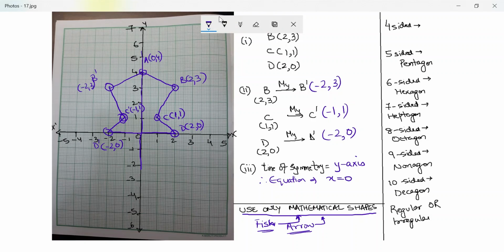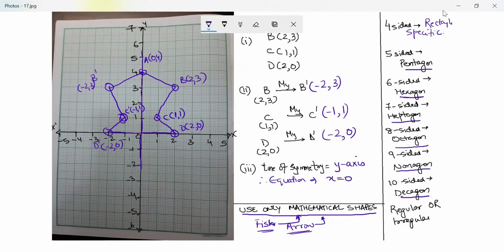Just to highlight, in case you have a four-sided polygon, you will need to specify what name it is. It could be a rectangle, square, rhombus, trapezium, isosceles trapezium. These are special names, so you will need to give specific and special names, right? If it is a five-sided one, you can call it a pentagon, six-sided hexagon. I have done this with you personally in grade 8. Maybe some of them in grade 7, but I have done this exercise with you in grade 8 for sure. So six-sided one is called a hexagon, seven-sided one is called a heptagon, eight-sided octagon, nine-sided nonagon, 10-sided decagon.